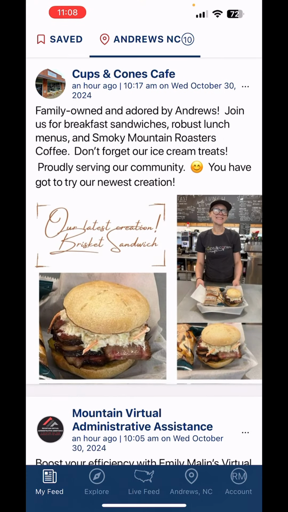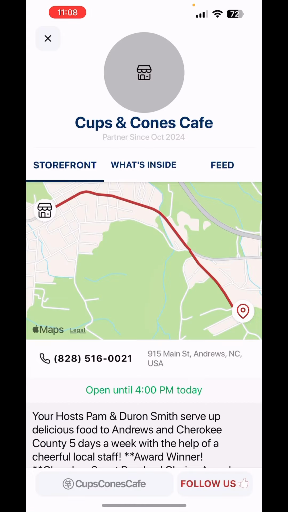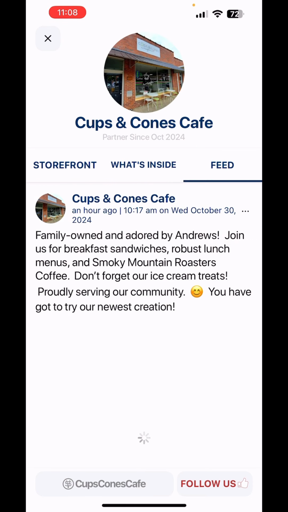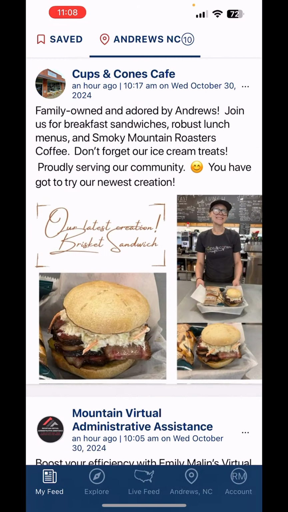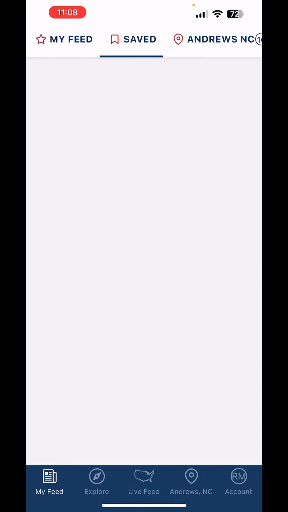circumference. But if I wanted to add a business feed, you've got to understand each business has its own feed. So Cups and Cones has its feed. You click on the tab, there's the Cups and Cones feed. And down here in the lower right is Follow Us. I can follow them, and by doing that, it's going to create a new folder. Okay, it says saved. Now it created my feed up there, and my feed is going to